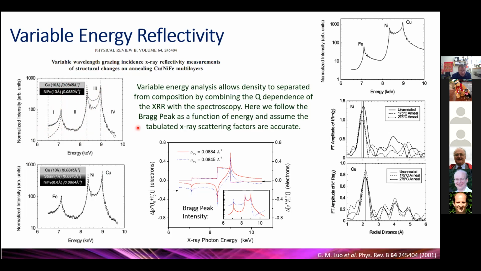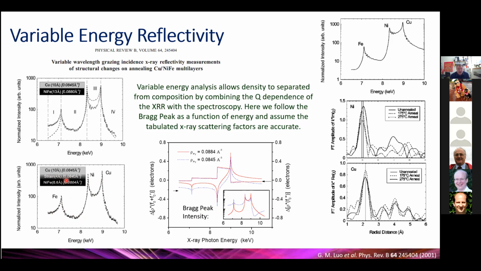And actually what we found was that introducing a small strained interface layer of a slightly different density, but of the same composition, changes quite a lot the real part of the scattering factor contrast and changes how the intensity of the Bragg peak changes as a function of energy. So to fit the energy dependent data, you have to introduce this strained layer into the permalloy layer itself. And it's this ability to focus in on density, which really is quite a powerful technique if you can follow